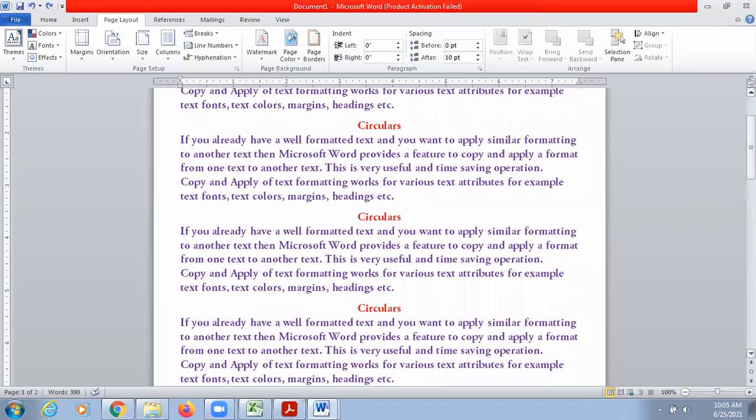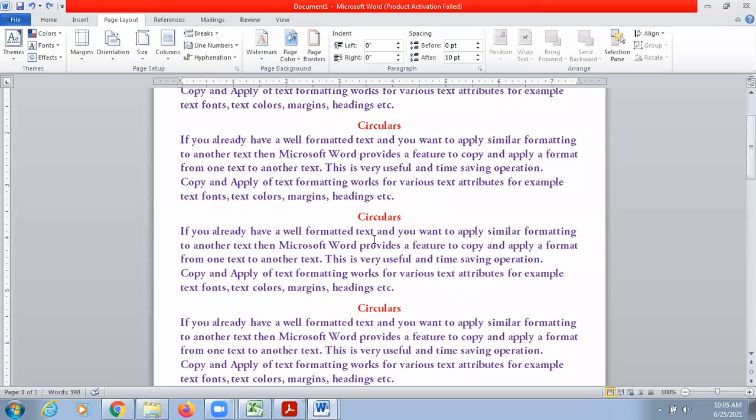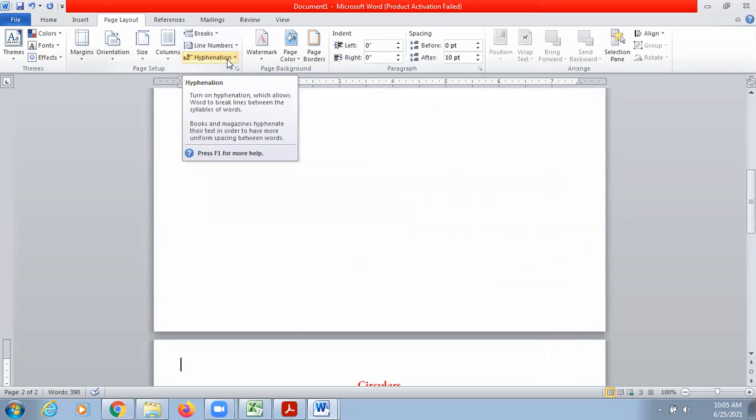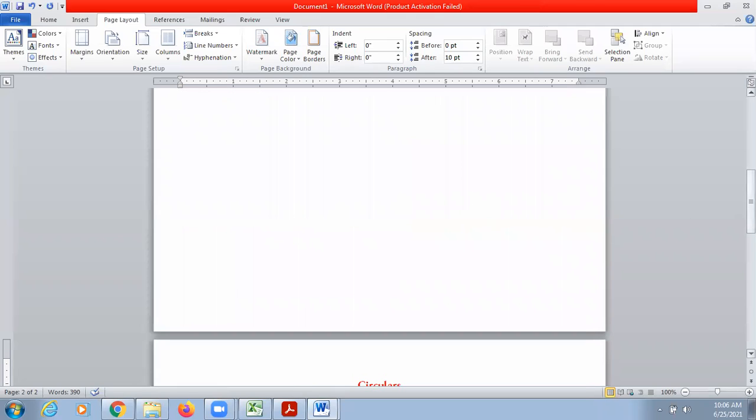So how can we do that? We can do this by inserting a page break. How can we insert a page break? For that, you have to go to the page layout tab and there is an option of break. Before clicking on this option, you have to click on the text after which, like after etc, I wanted to shift the next content to my next page. So you can place your cursor here and then click on page break. This is one method. The second method is using a shortcut key. You can press Ctrl plus enter and your content will be shifted to the next page.